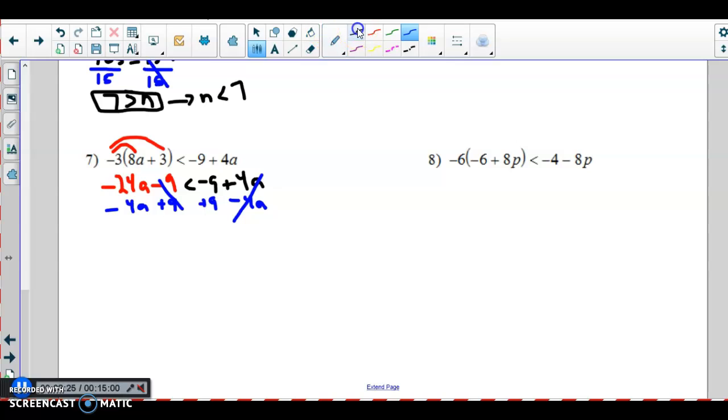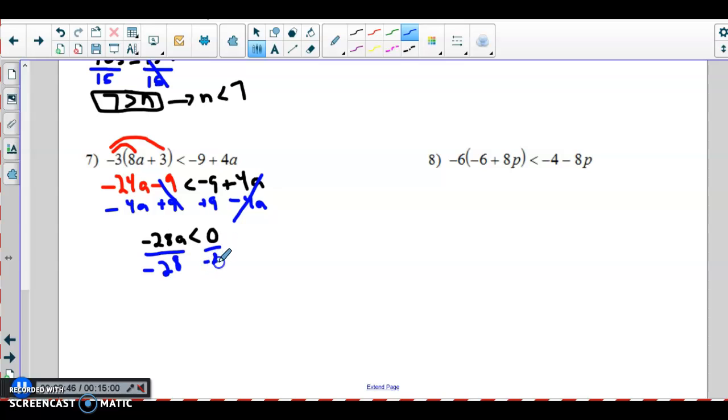And let's see where I'm at. So now I'm at -28a is less than, this is kind of a poor example, less than 0. Again, I'll show you why tomorrow, why this inequality is going to flip. But when I divide by -28,